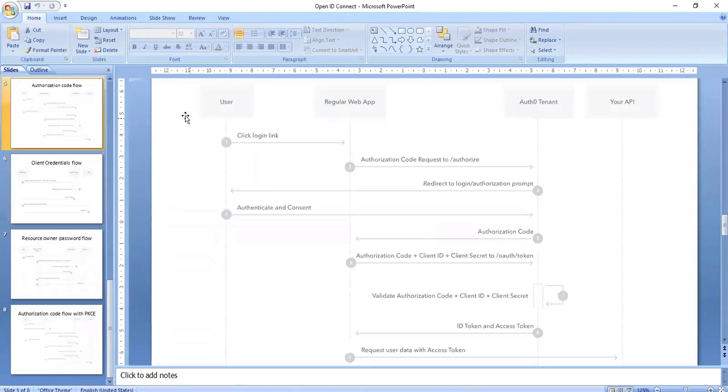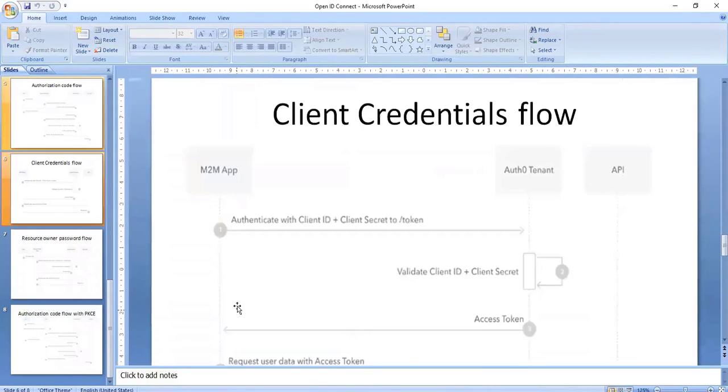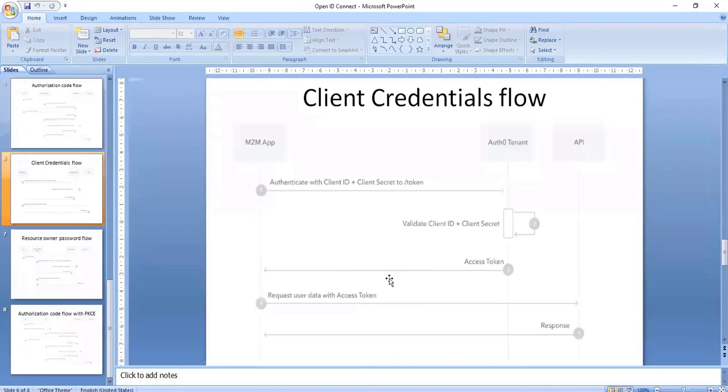If you see, in the authorization code flow there will be a user where the request will start from the user, and it will come to authentication and consent, and at the last we will get the landing page. But in this client credential flow, applications themselves talk with each other. It's an M2M app, which means machine to machine, application to application communication, and there will be no human in the middle to approve or review.